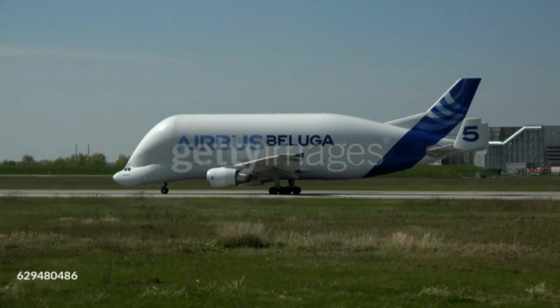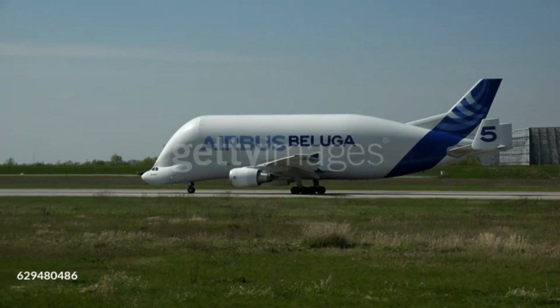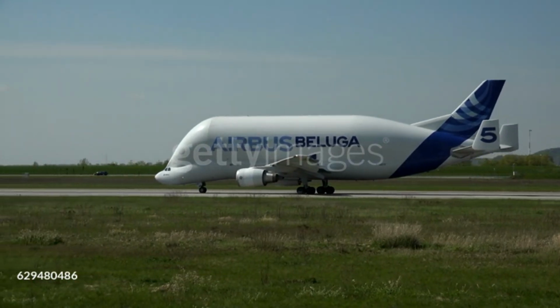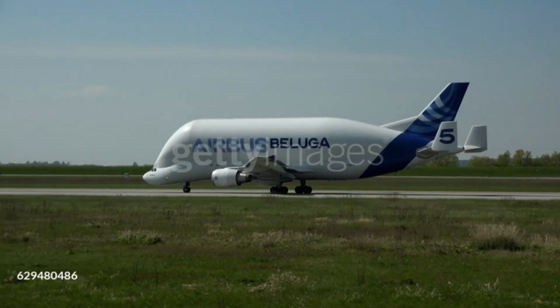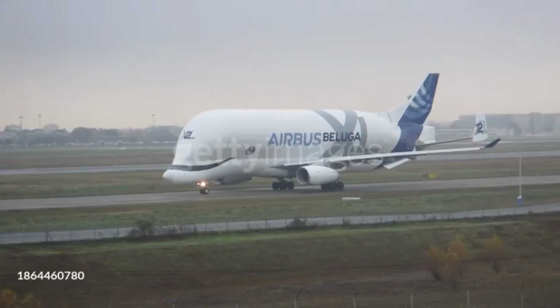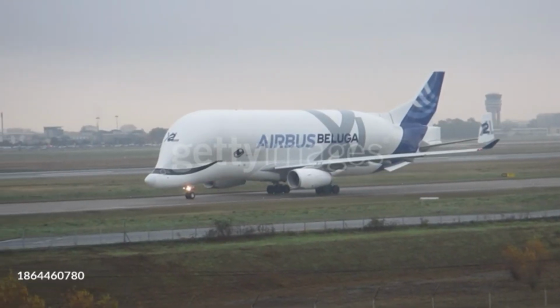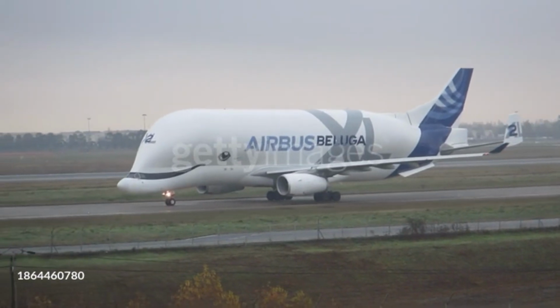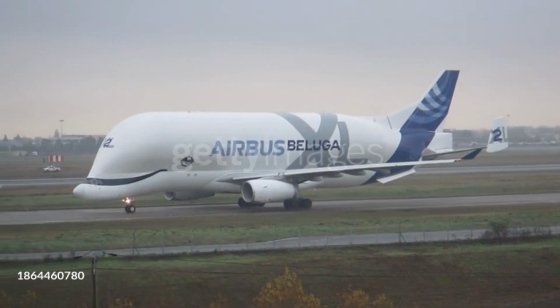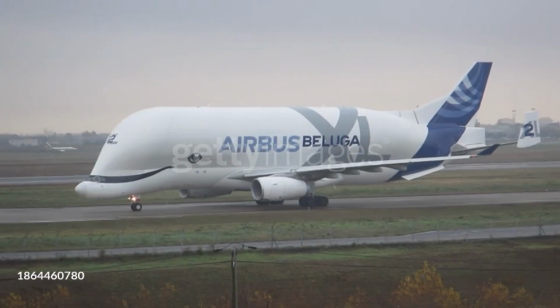Built on the A300-600 airframe, the Beluga features a distinctive whale-shaped fuselage with an enormous cargo bay, making it ideal for oversized parts. Its innovative design allowed Airbus to streamline its manufacturing process, enabling quicker assembly of aircraft components at its main production hubs. As production needs grew, the original Beluga,